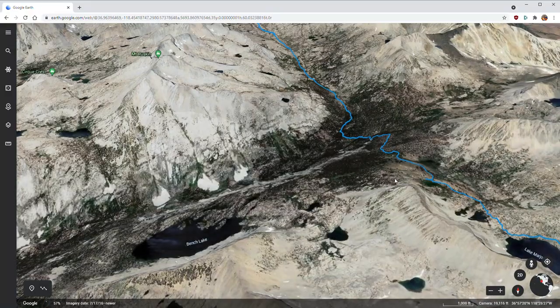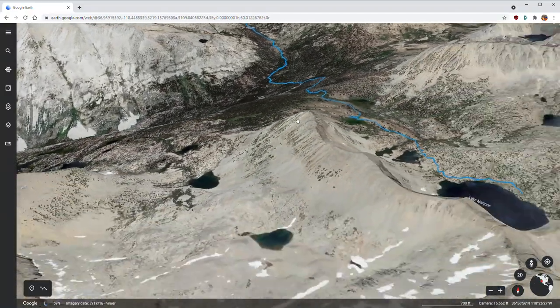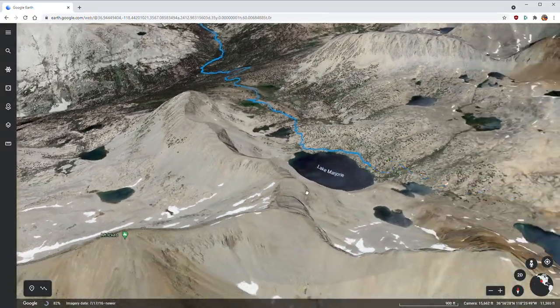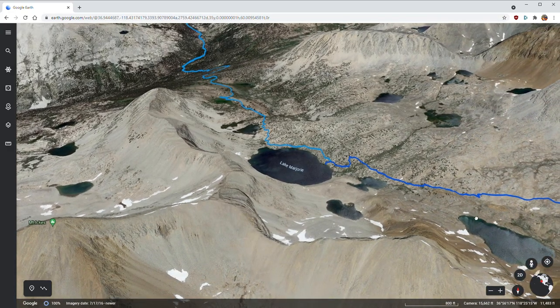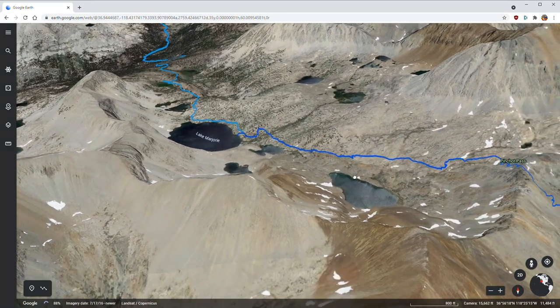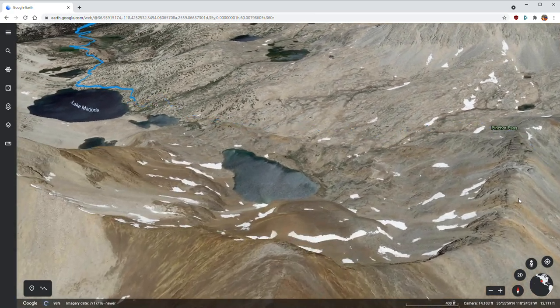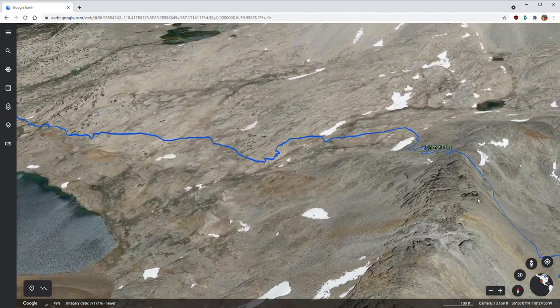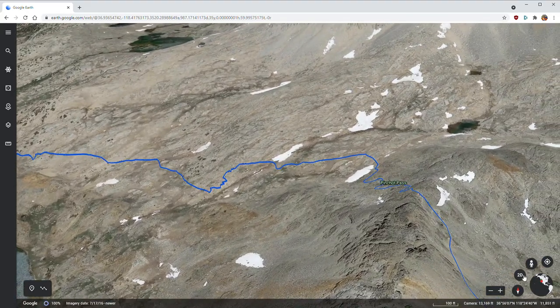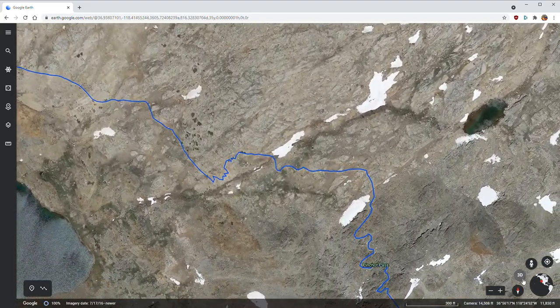So let's continue down here. And you can see Lake Marjorie. This is another place where we had camped as well. I think this was day 14. From here, we crossed the Pinchot Pass, which is another high pass, right? Again, let's take a look at the Pinchot Pass